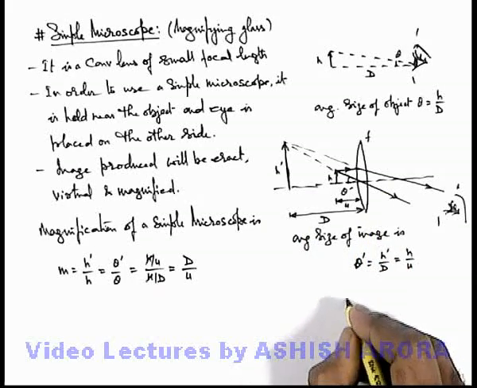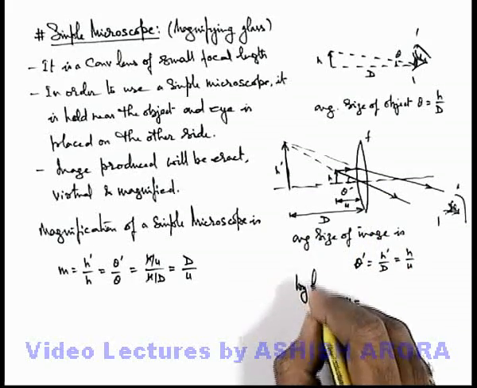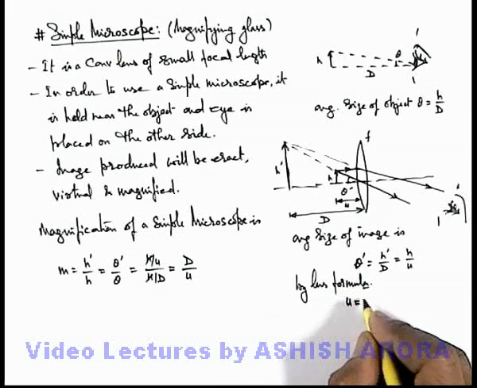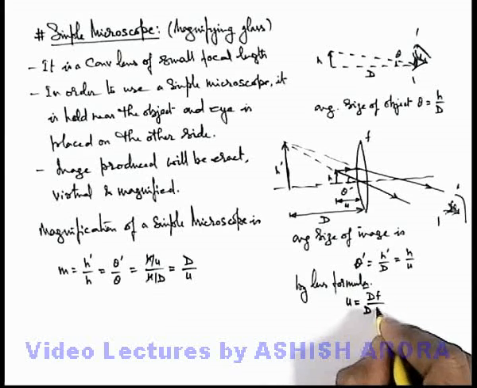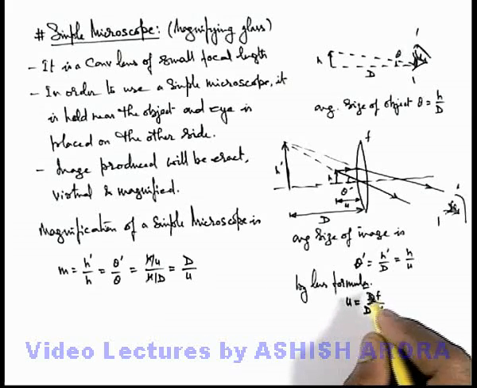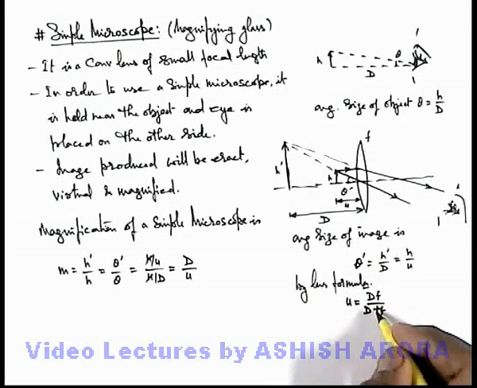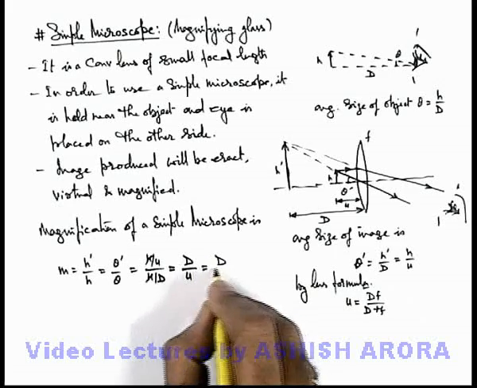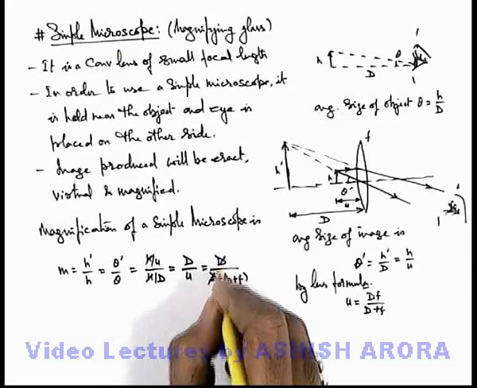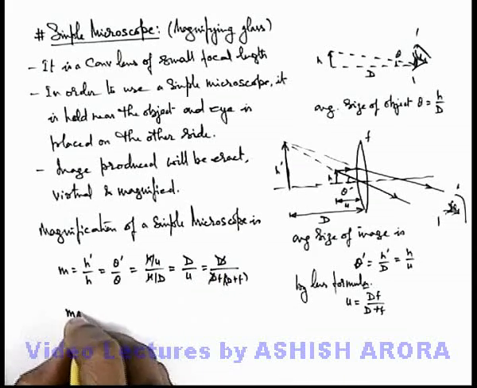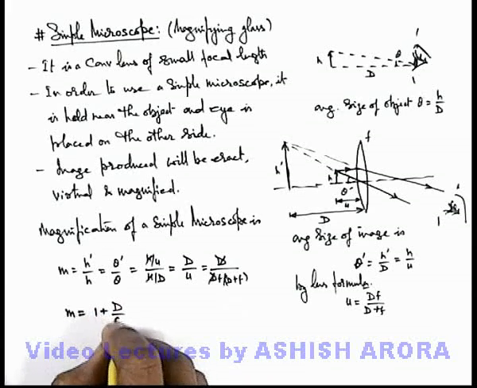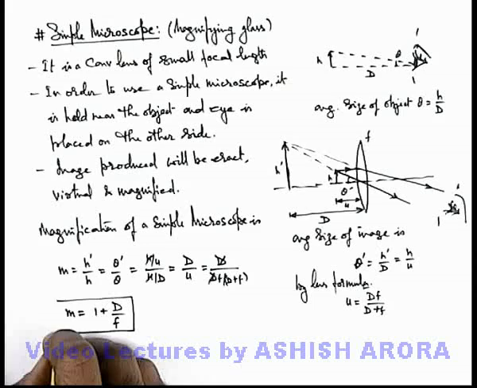So here the value of u by the lens formula you can state in terms of magnitude as u equals df by d plus f. I'm leaving it as an exercise to get the value of u in terms of magnitudes of d and f. Then on substituting the values, you can see d divided by df by d plus f. Here this d gets cancelled out and the magnification we get is d plus f by f, or it can be written as 1 plus d by f, if f is the focal length of the lens.